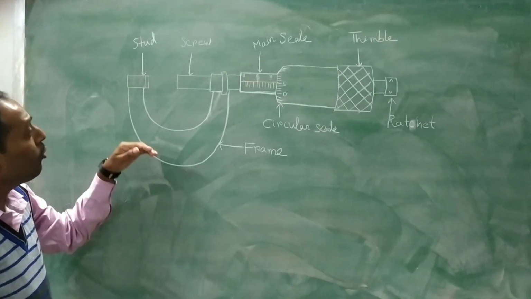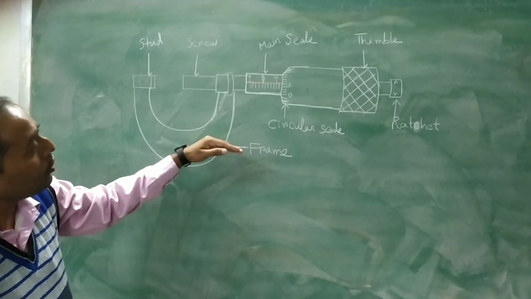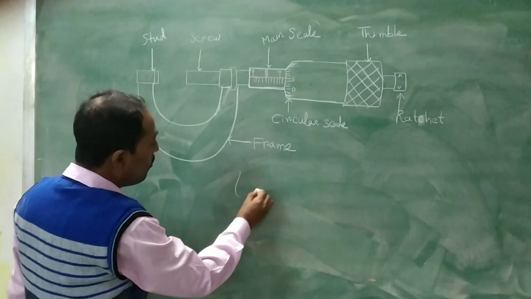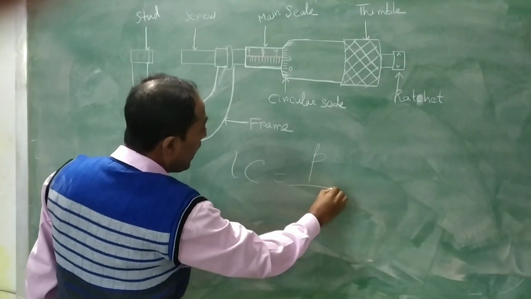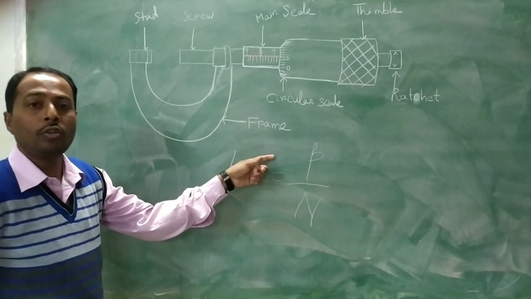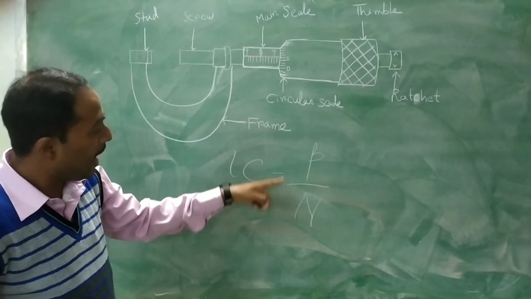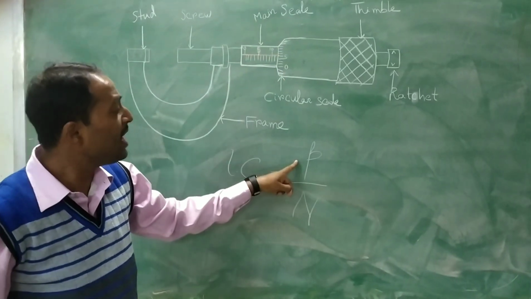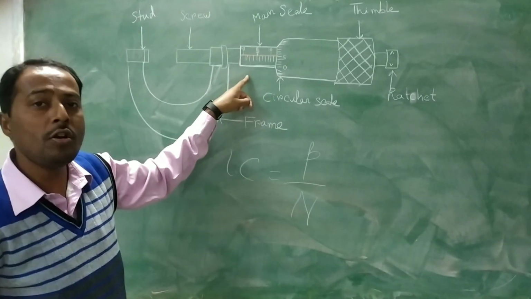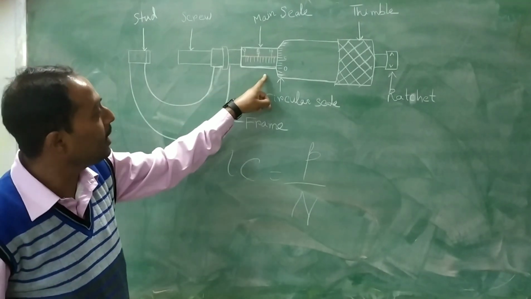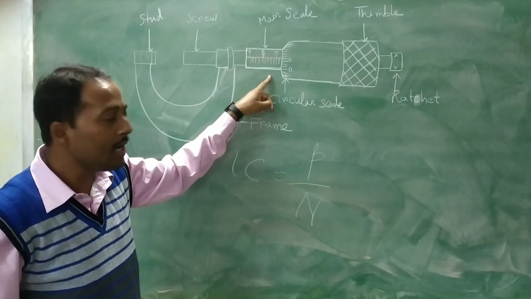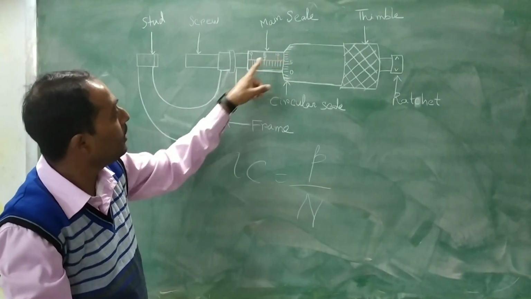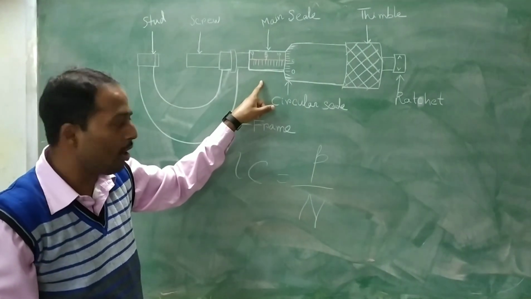Okay. So basically, in the screw gauge, first we have to calculate the least count. The formula of the least count is P by N. Now what is P? P is called the pitch of the screw, and N is the number of scale divisions in the circular scale. The pitch means the distance covered on the linear scale in one full rotation of the circular scale. I repeat, pitch means the distance covered in the linear scale in one full revolution of the circular scale. That is called pitch.